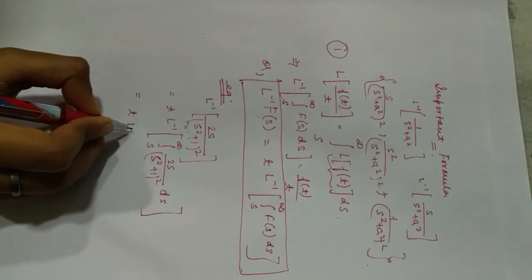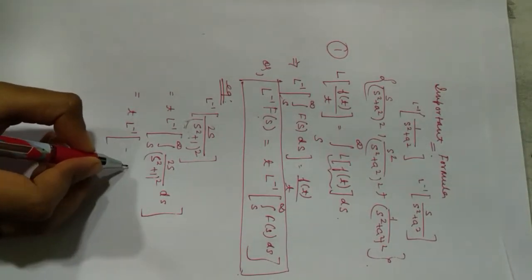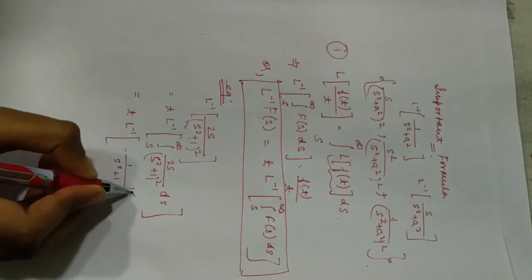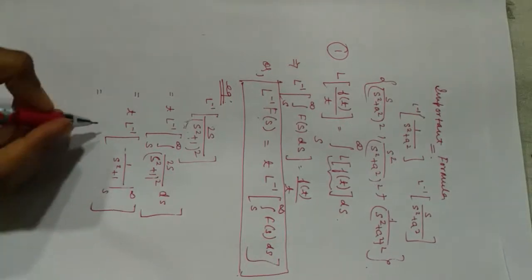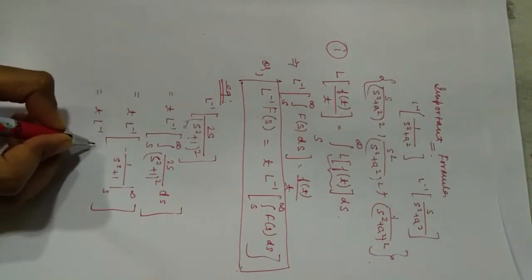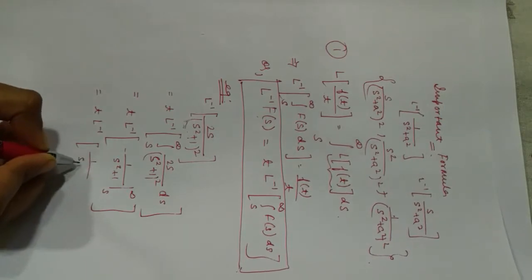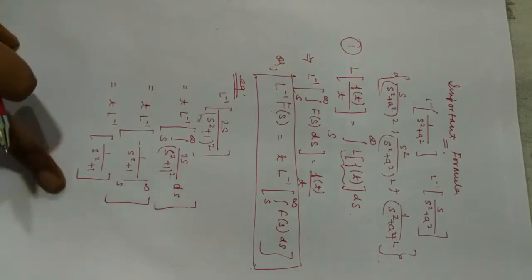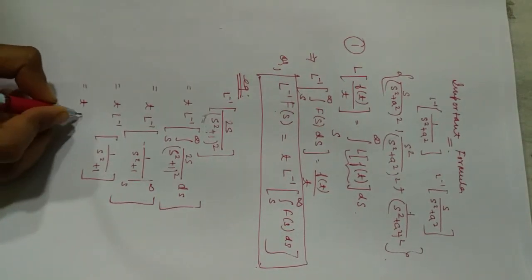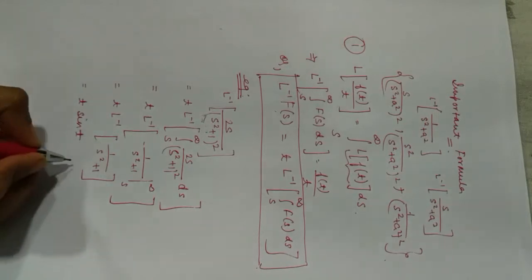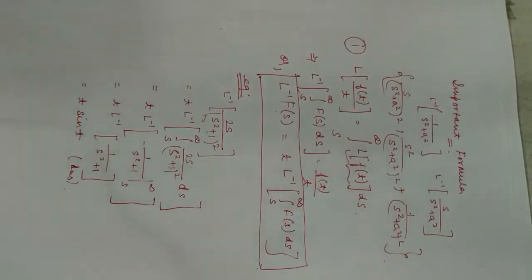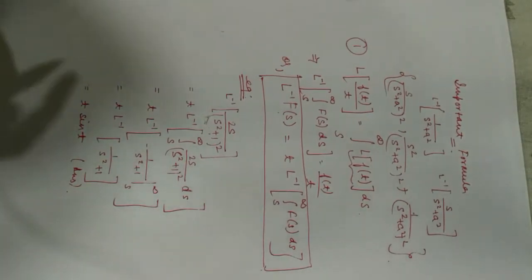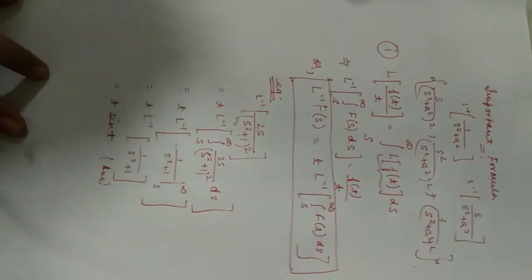So if you integrate this, you immediately get minus 1 divided by s square plus 1, in the limits s to infinity. When you put infinity, it vanishes, so you are left with 1 divided by s square plus 1, and inverse Laplace of 1 divided by s square plus 1. This form is known to us, and it is nothing but sine t, right? So you can see how beautifully this formula comes into use when the integral of the function is known to us, right? Okay, so this was the first formula.